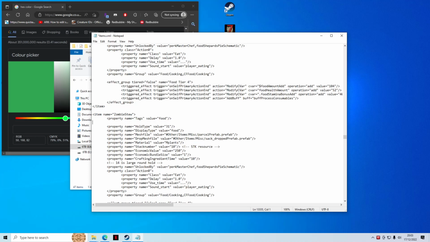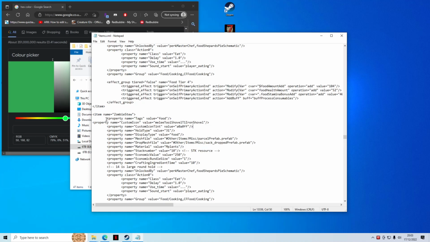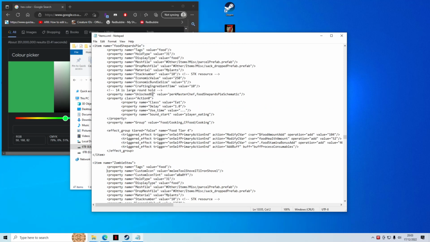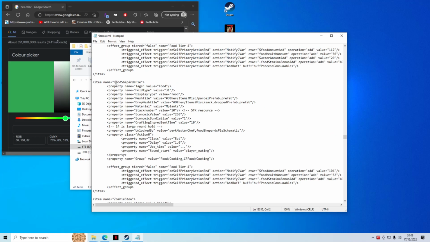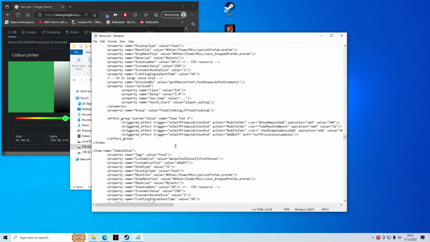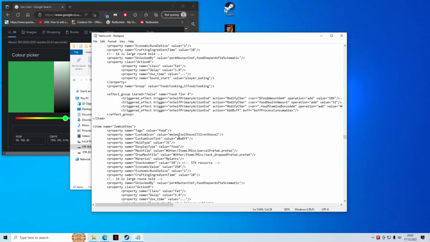Okay, just here you want to paste that in, tab that across. So this melee tool shovel here, you want to change that to this, food shepherd pie. I hope it has the same icon, but we'll find out. So you add that there,